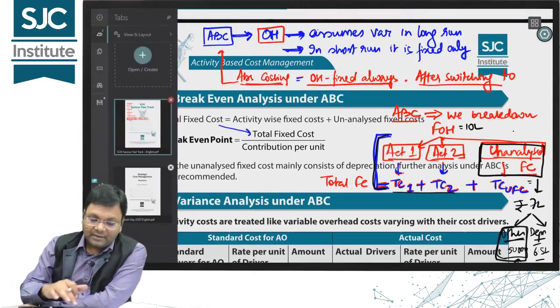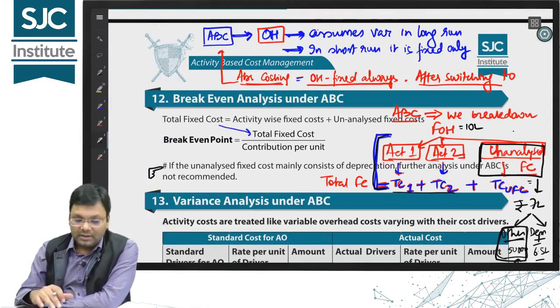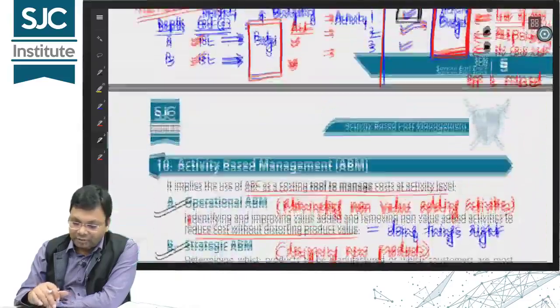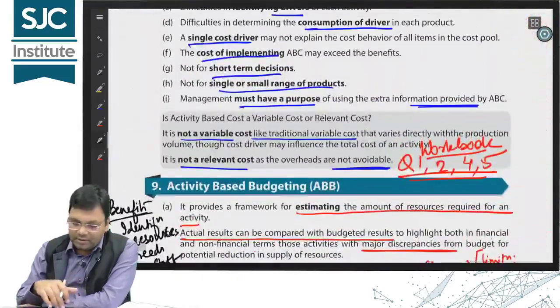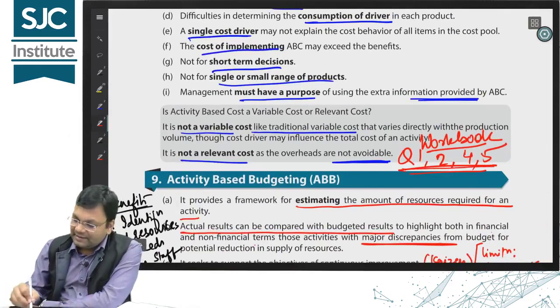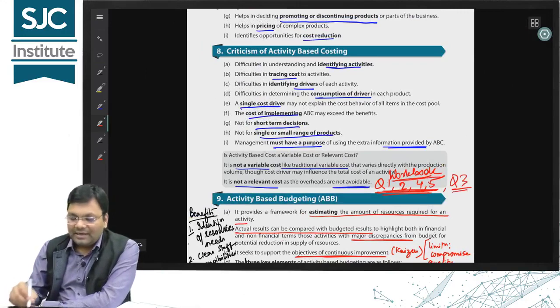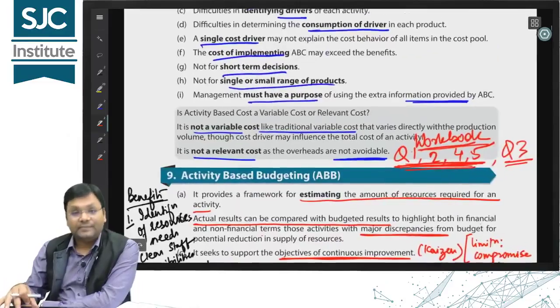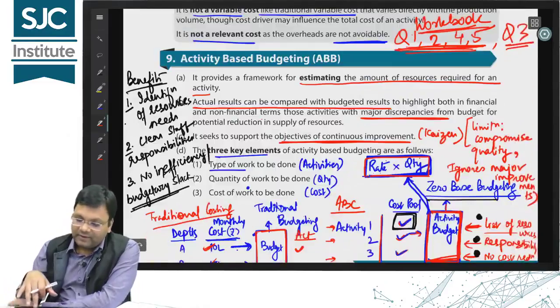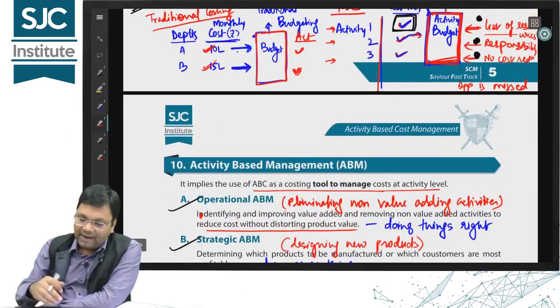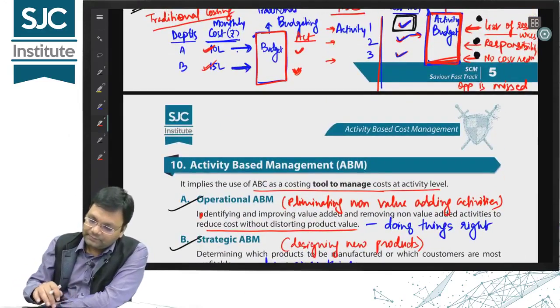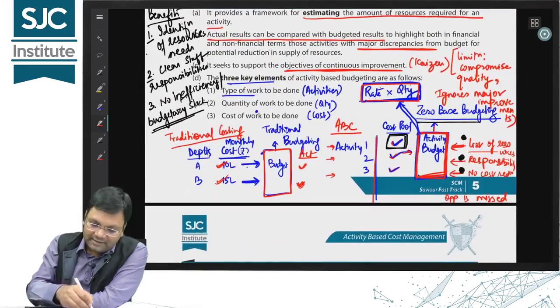Now it's time that we do some sums. I want you to also write these references after each and every concept that I am doing. Like where I have written workbook 1 to 4, 5, also write here question 3 which I have done with you. So after doing this you need to revise these questions. For activity based budgeting, after studying this concept you have to do a question, which is